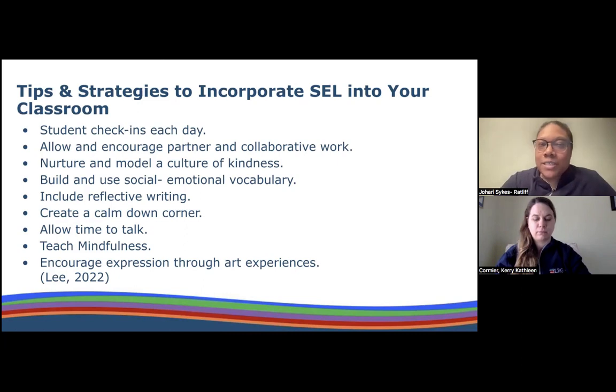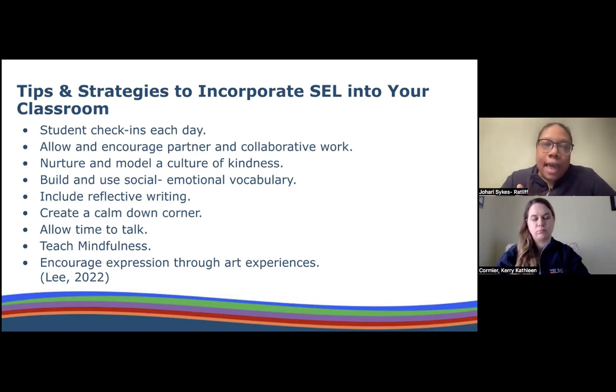And oftentimes this is something we see in preschool and kindergarten, but I think it would be appropriate in high school as well. Just having your students move a feeling or emotional face or a meme to their name or their picture that indicates how they feel. If I'm putting a sad face up, that means that at some point during the day, you want to connect with the student sooner than later to just ask, what's going on? But you want to make sure that we're acknowledging their feelings, and doing so helps them to develop trust in you and also reinforces the safe space that we're attempting to create in our classrooms. So the student check-in is one great strategy.